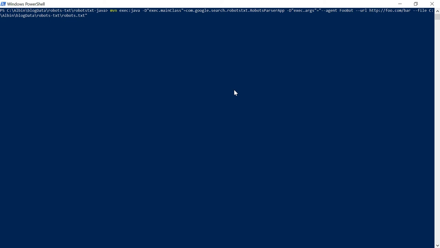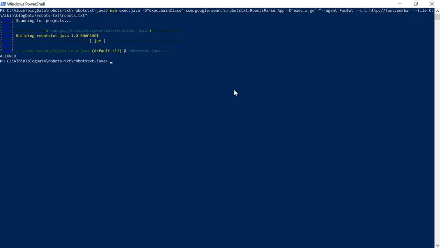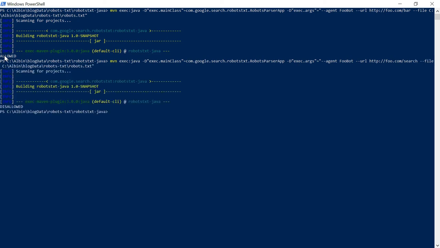This tells whether the URL is allowed for this particular agent or not. In my case, for all agents, I'm only blocking the /search URL. So all other URLs are allowed. If you see here, it is allowed. Now maybe I will just change this URL alone, and say search instead. Yeah, it's saying disallowed, because the URL starting with search is disallowed.